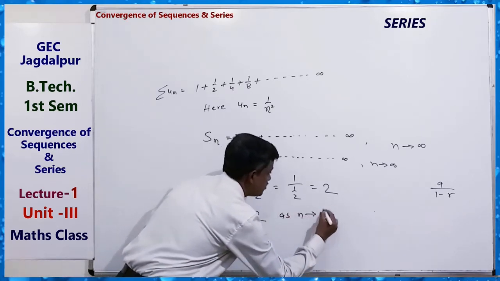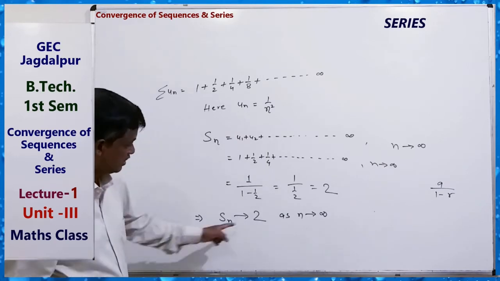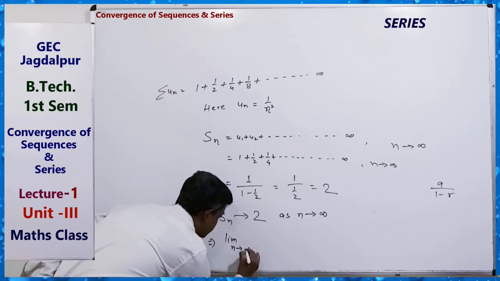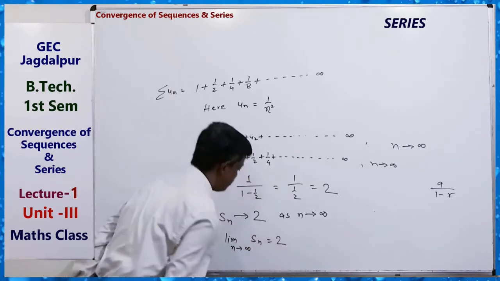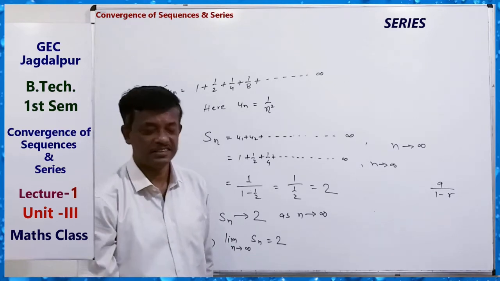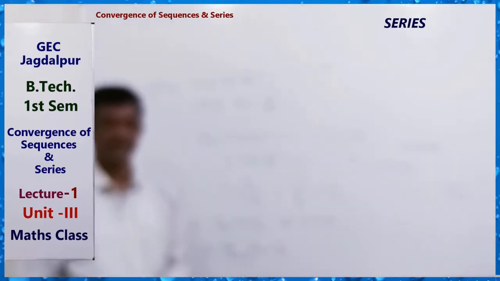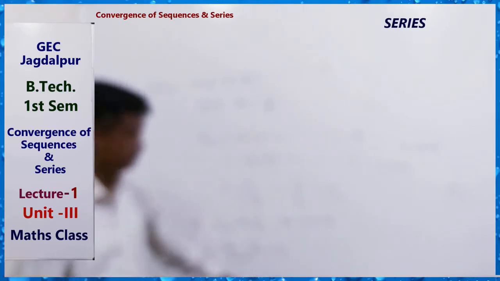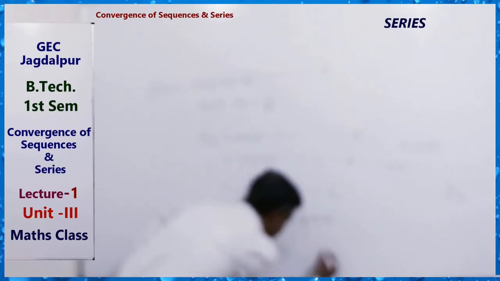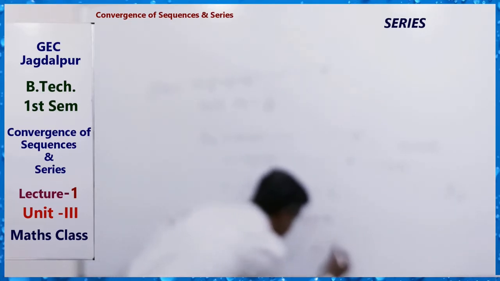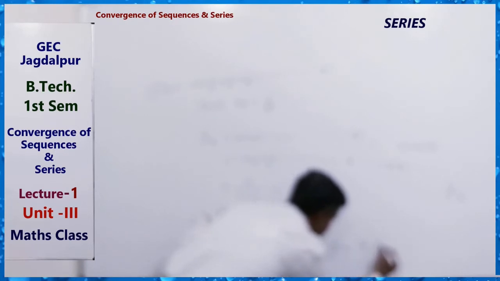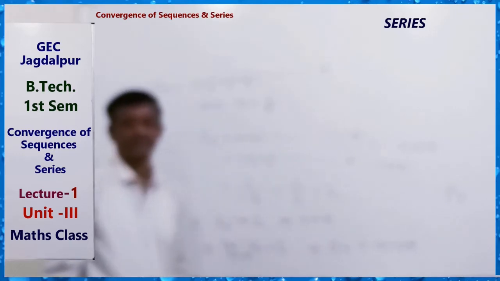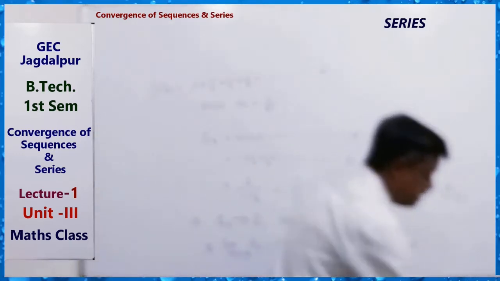Because n tending to infinity is there, so Sn tends to 2. That is, the limit as n tends to infinity of Sn equals 2, which is finite. Convergent. Okay? So the series is convergent. So you can write: the partial sum sequence is convergent, the limit is finite, which implies the series is convergent. Clear? So similarly, you can test